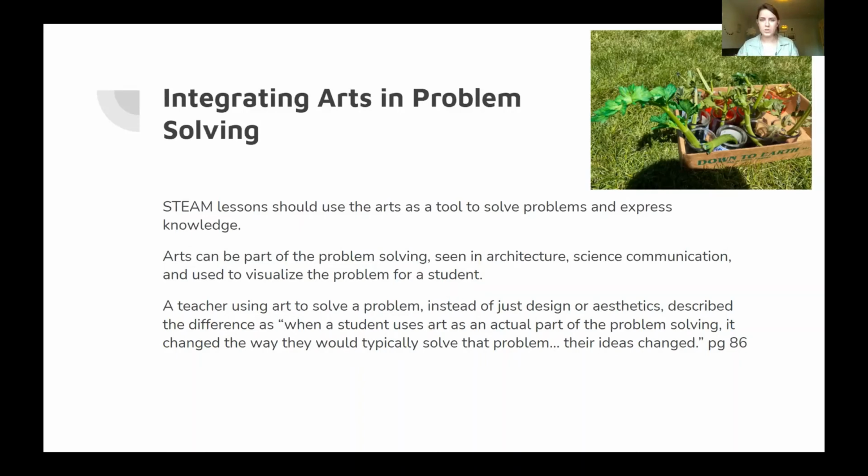So one of the teachers in this book talked about how they used art to solve a problem of sea turtle migration. So they created models where they made like little houses and kind of like put these houses around on a map. And when they were able to really see and visualize what was going on, they were able to really think about those sea turtles and how they're going to try and save the sea turtles as a collaboration with the zoo.